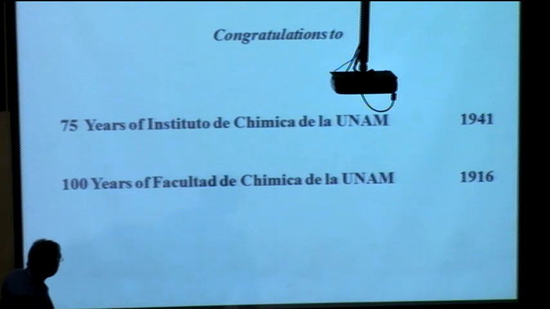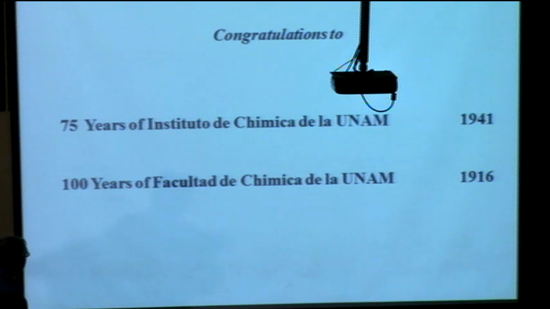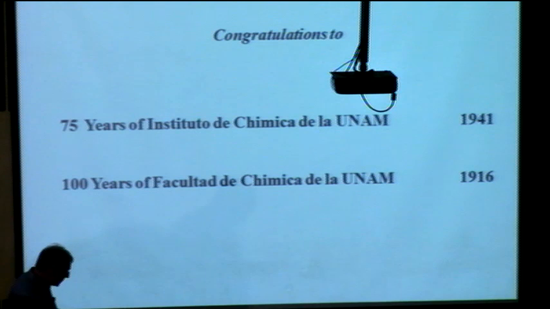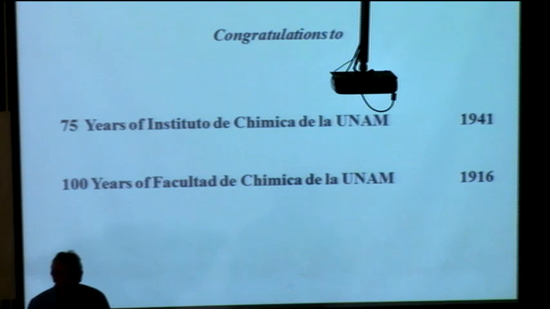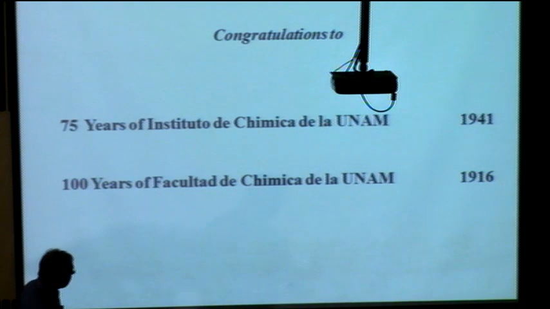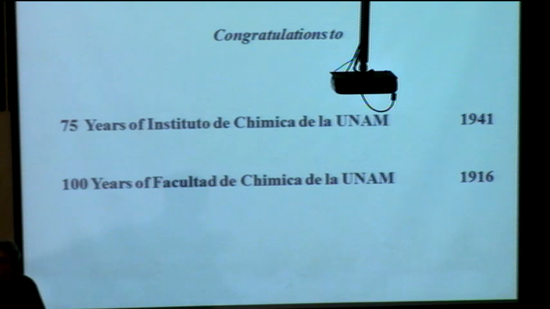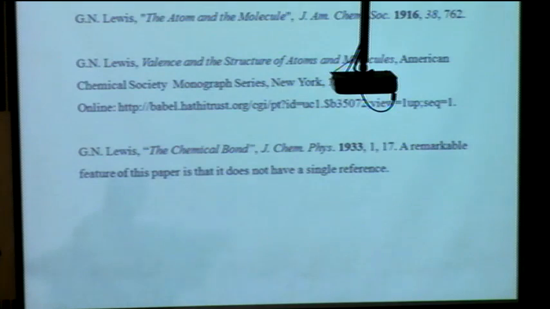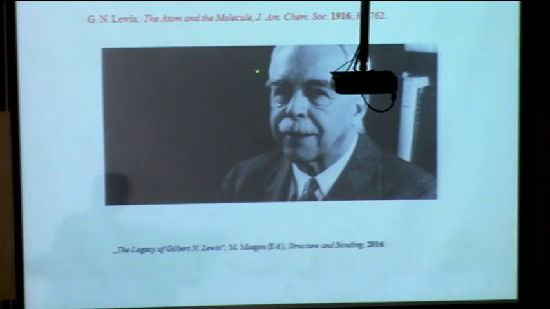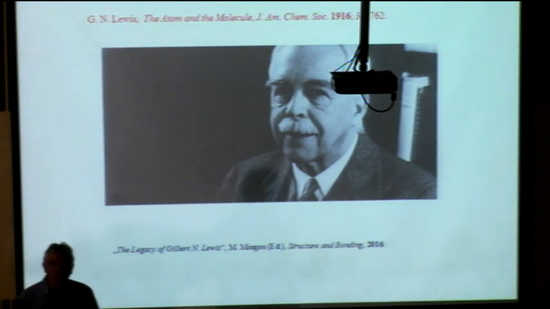From 1916. And this is a very, very important year for chemistry, 1916. Not only for this, but we have a centenary for something else, which I think has been quite important, the year 1916, and that is Gilbert Lewis published in 1916 his famous paper where he suggested that the chemical bond, which so far had just risen as a line without any physical interpretation, should be identified with an electron pair.